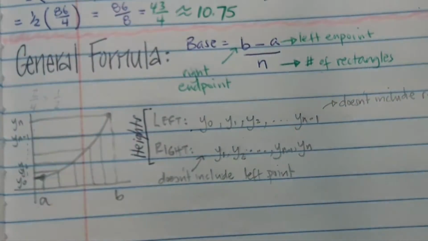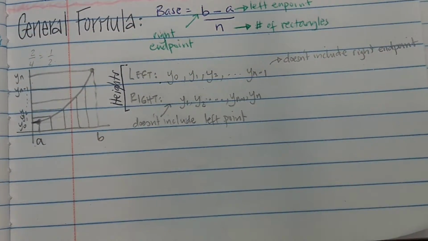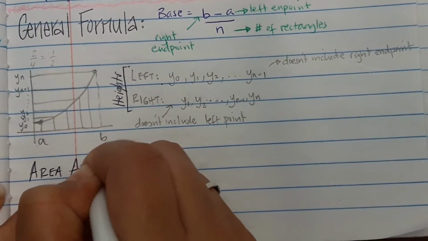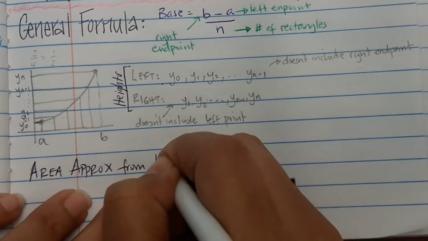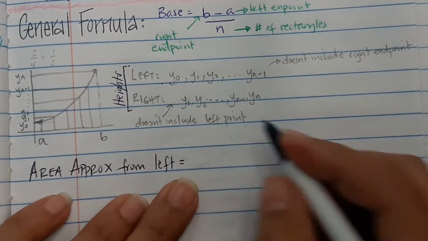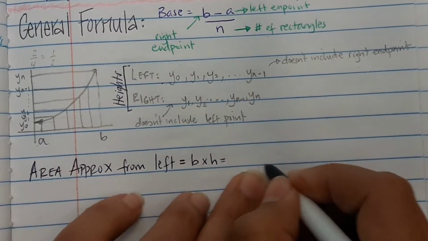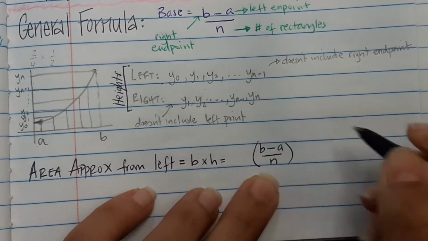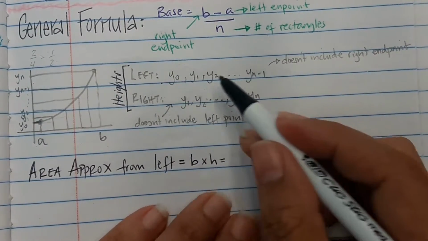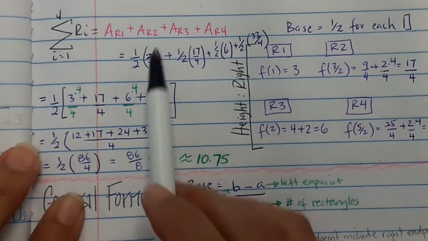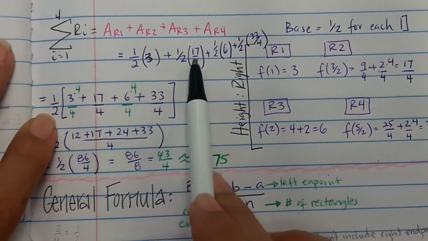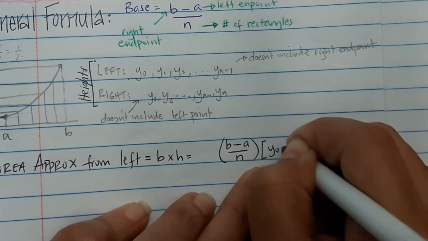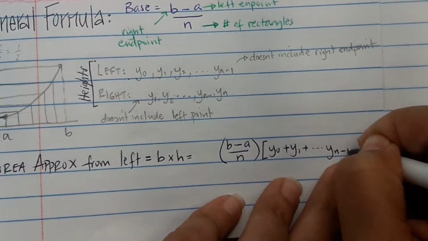Alright, so these are the heights. Alright, so let's take a look at the area approximation from the left, which is going to be base times height. You're going to leave a little bit of space because I'm going to add something onto this. And then the base, which is b minus a over n, times, because remember you factor it out, right? So you don't have to do each individual one. You can just factor out the half, in that case the base. So we can factor out the general base. And then we have just the heights added up, which starts at y0 all the way to y n minus 1,